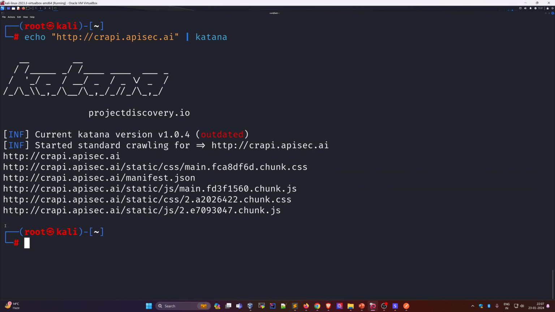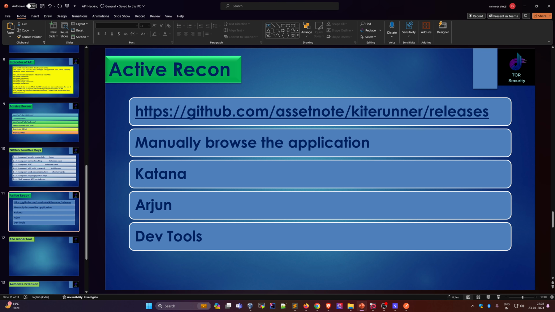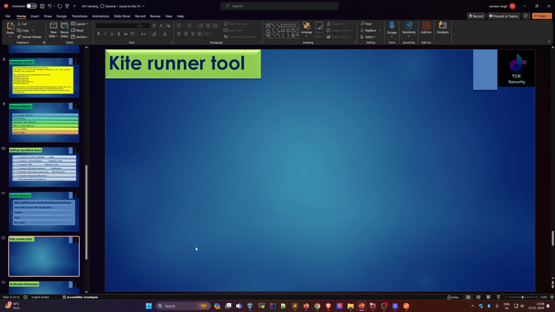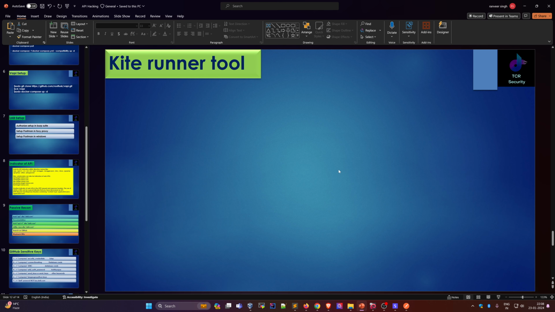So sometimes automations will not give you a favorable result. So yeah. Another tool, you can also use Arjun for finding parameters. Okay, so this is all for today. We will learn